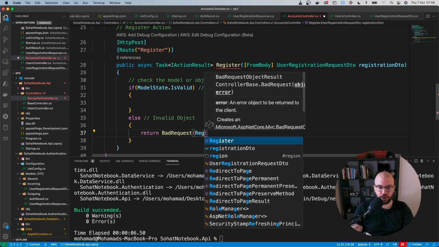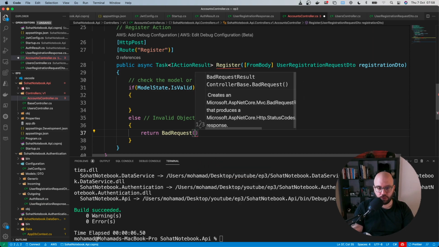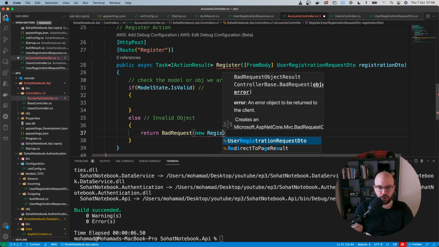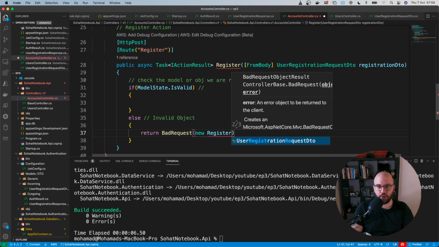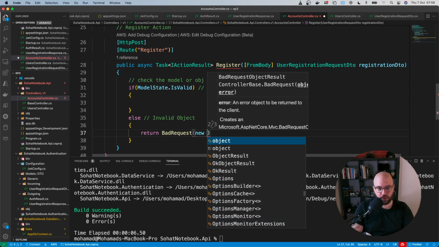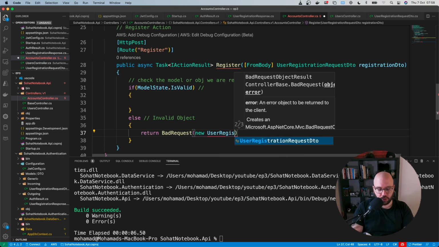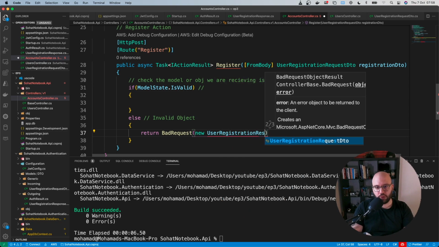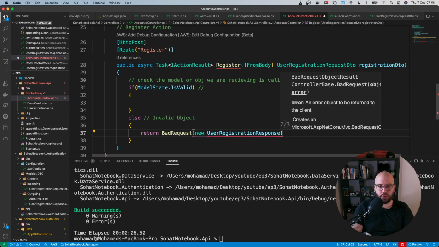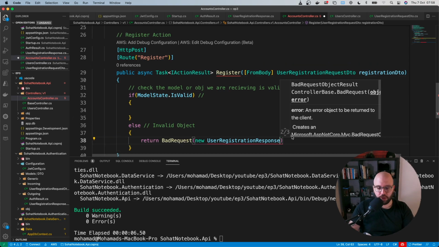So it's going to be new, what is it called, UserRegistrationResponse. So UserRegistrationResponse, let's fix this reference,